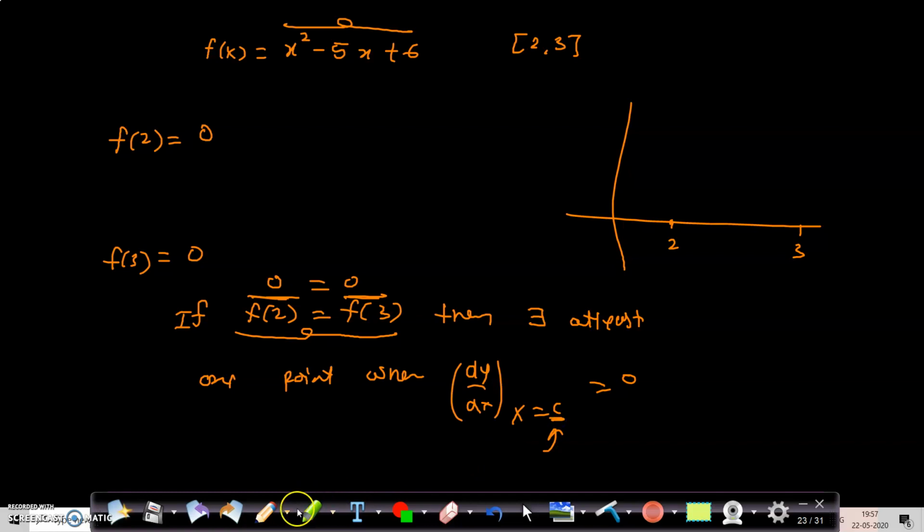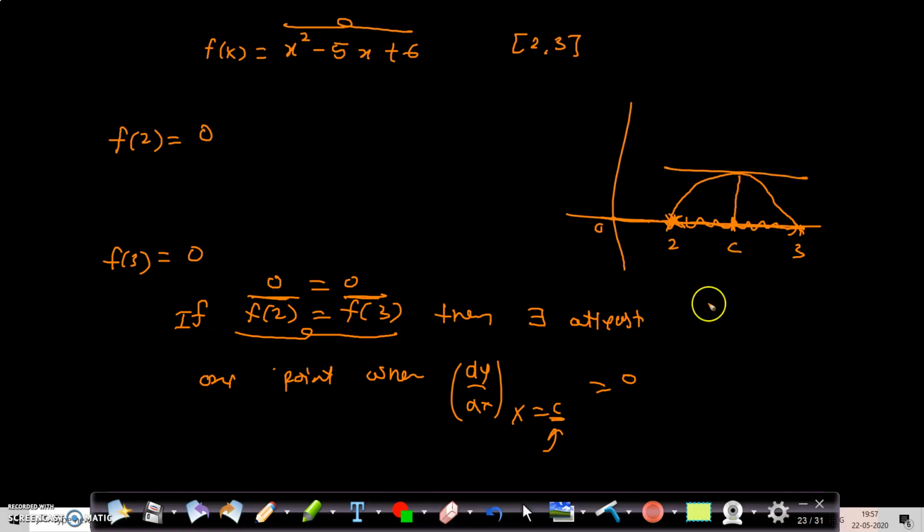So what we understood from this, let me draw it. On 2 you got 0. Okay, on 3 what did you get? You got 0. If you try to make a curve, you can understand. If f of 2 is 0 and f of 3 is 0, then there exists at least one point between 2 and 3. We don't know that point, but whatever the point is, just try to understand, on the x-axis there is one point c where the derivative is going to be 0.